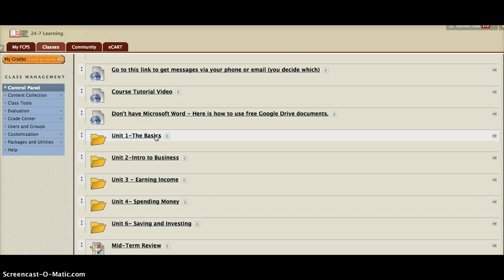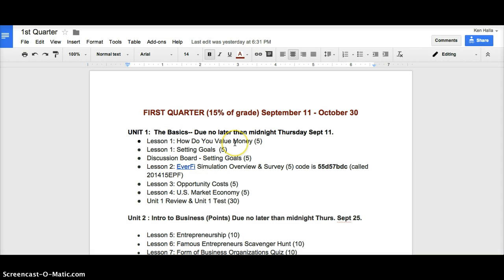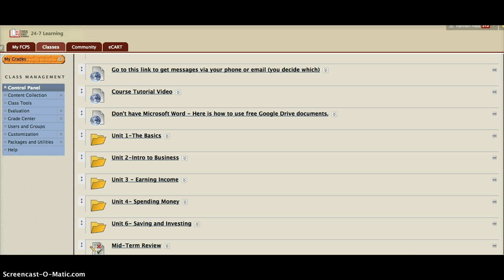So what you're going to do is create folders on your computer or in Google Drive that mirror what we're going to have. So your first folder would be Unit 1, and within Unit 1 you would have the how do you value money, the setting goals, the discussion board, the opportunity cost, and the market economy assignments in the Unit 1 folder. So let's look at that. We go in here,